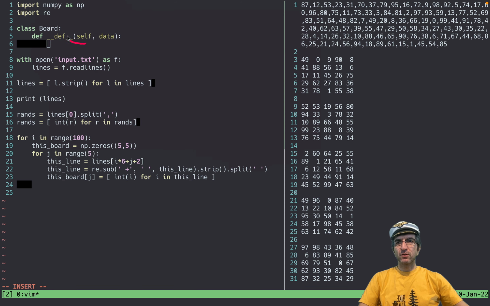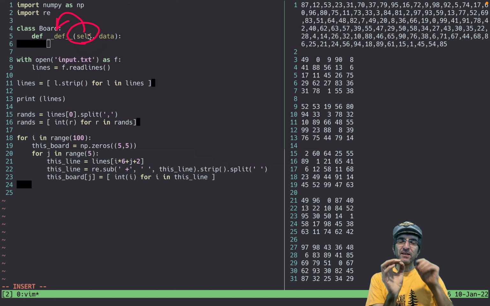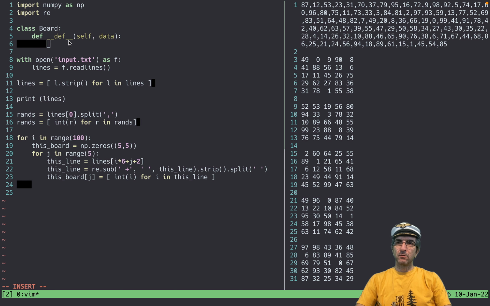Also, you saw this self. In Python syntax, every time you define a method in the class, you pass self to it. And self will point to the specific instance of this object. You will see this a little bit later. Even here, I say, okay, if someone created a board, call this function with this data.